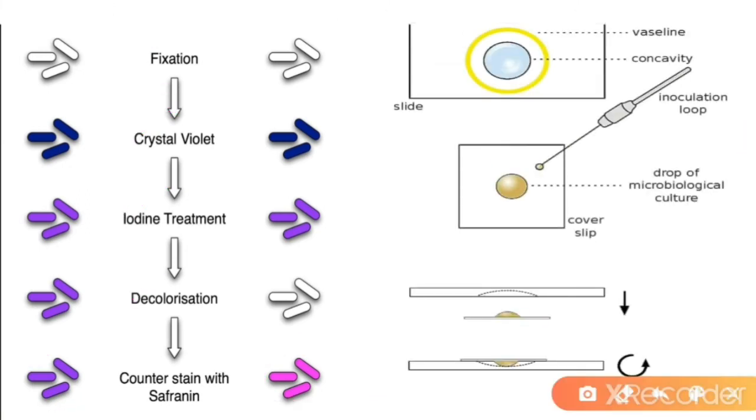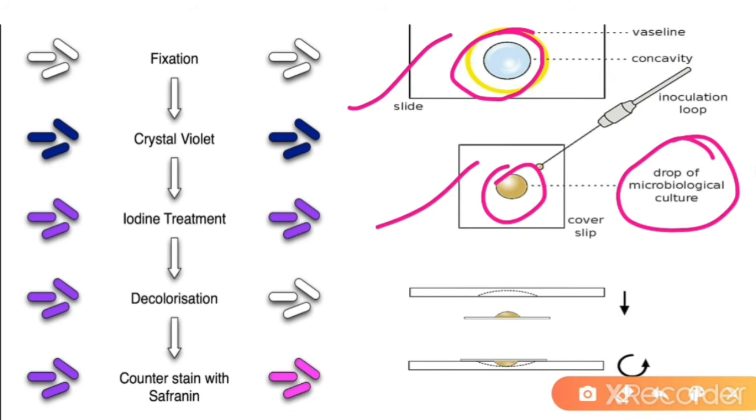The next technique is the hanging drop technique, where we can observe whether the bacterial cell is motile or non-motile. Here first we have to take a cavity slide, and around the cavity we have to apply Vaseline. In the other hand we have to take a cover slip, and in the middle of the cover slip we have to apply a drop of microbial culture. Then this cover slip we have to keep on the cavity slide in such a way that the drop of microbial culture hangs inside the cavity. Then we observe this cavity slide under the microscope, first under 40x to adjust the edge, and then we can observe further and observe the motility.